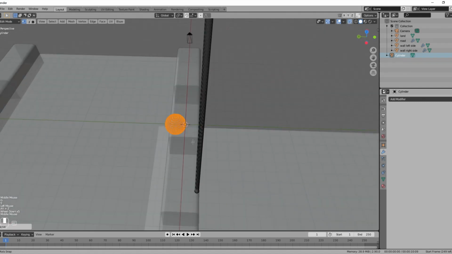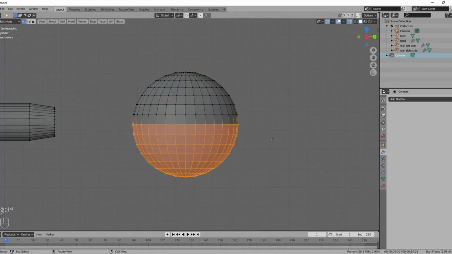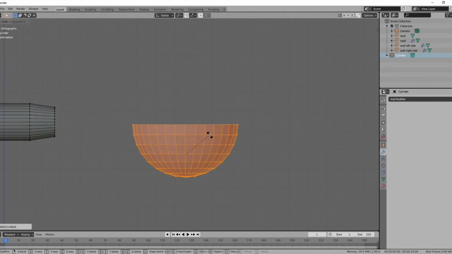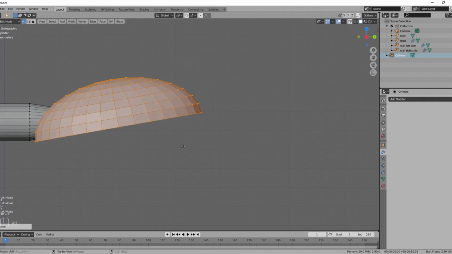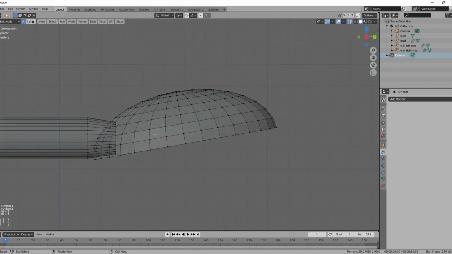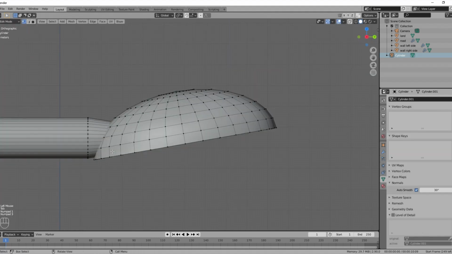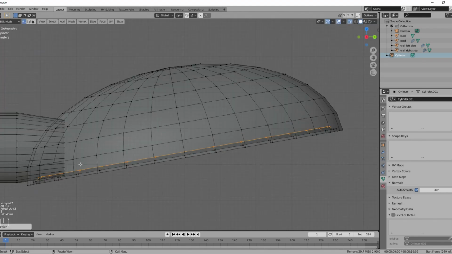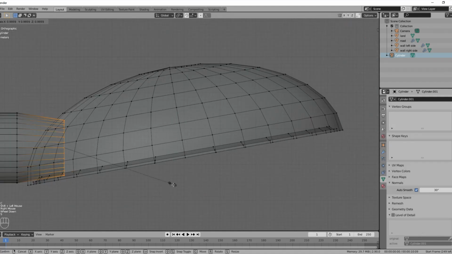And now I am going to add the lamp itself, so you can just add a UV sphere, delete half of it, and scale and adjust it to achieve a look similar to a lamp. And then for the light part, I have just selected the outer edge of the half-cut UV sphere and pressed the F key to fill, then the I key to inset the face, and then extruded it with the E key a little bit inwards.